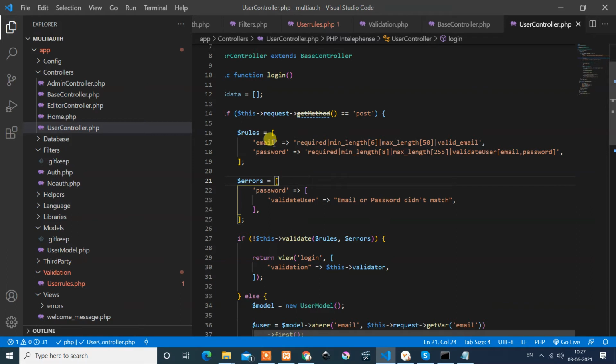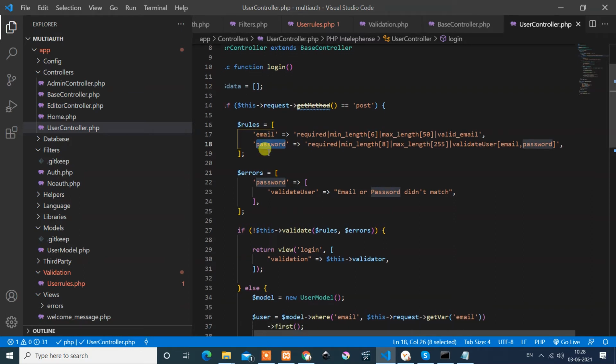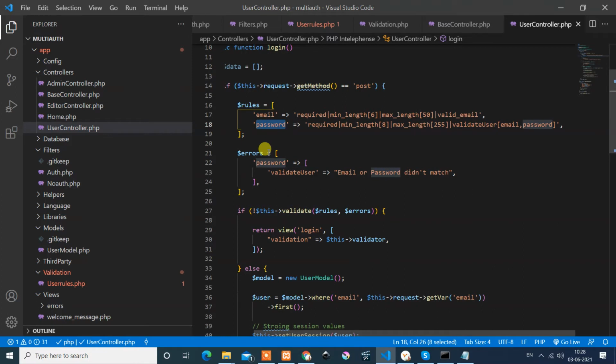Okay, these are defined by key and value. What are the keys? These are the inputs of the post method, like email and password. Those are entered by the user in the form. Sometimes there are hidden fields also, and we can validate those hidden fields too. Okay, so if this validation occurs,